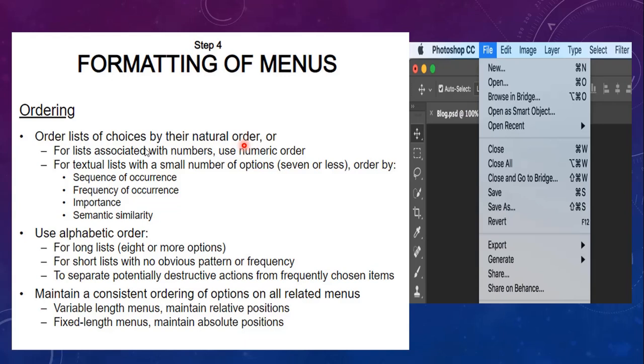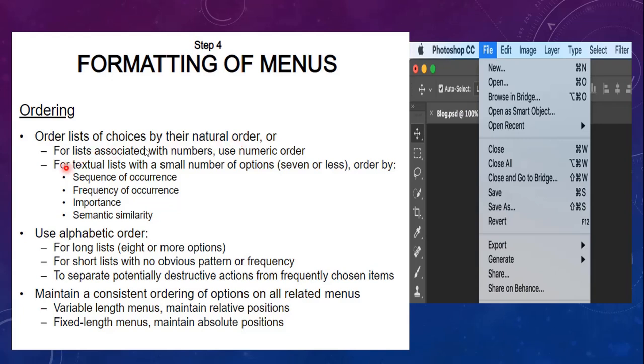Okay, so that means if your items have a natural sequence, for example, a book that has chapters, or days in a week, or months in a year, they have a certain ordering scheme that has to be followed. That is a natural sequence, so you cannot change the sequence in that case. You have to follow the natural order itself. For example, months in a year, you start from 1, 2, 3, 4, like this. You cannot change the order in that. So then go for natural order.